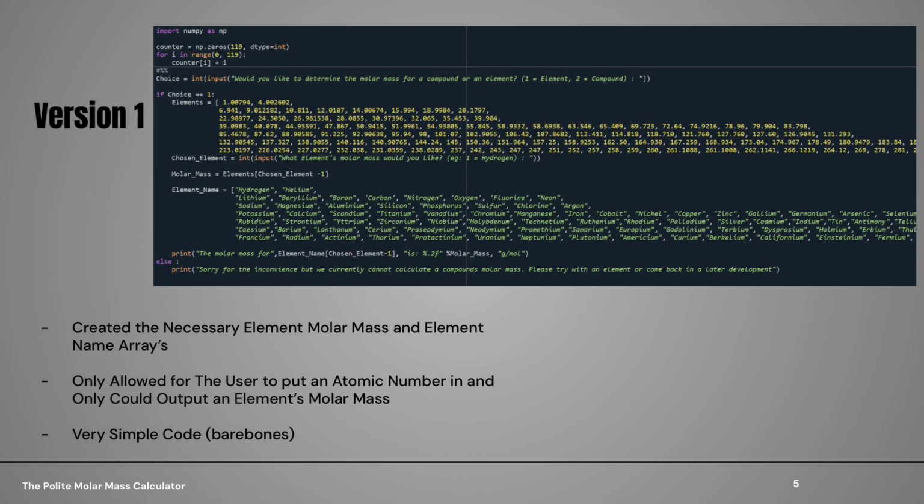Version 1, as you can see before you, is a very simple code. It is two arrays, the element and element name array. This allows the user to input the atomic number of an element and receive its name and individual molar mass back. Although it is a rather simple code, it does accomplish something which I had decided in my brainstorming phase,